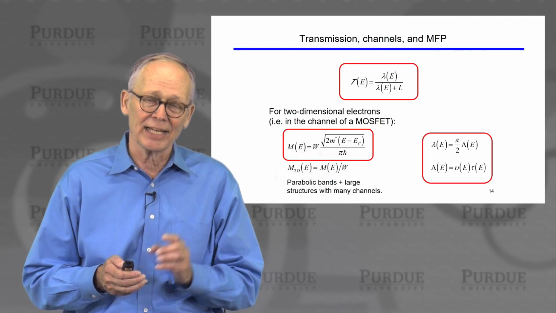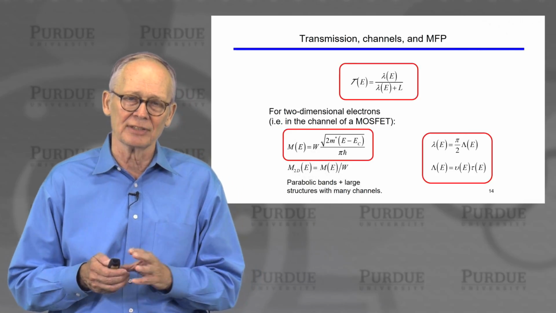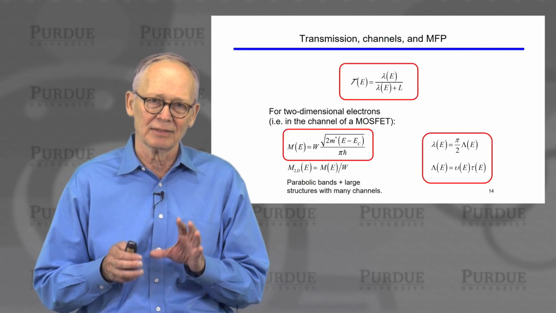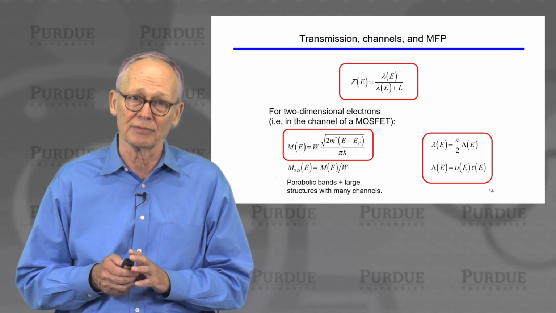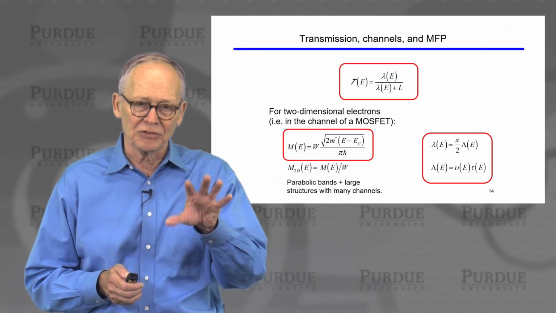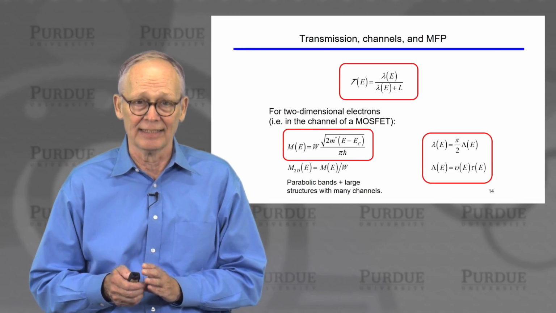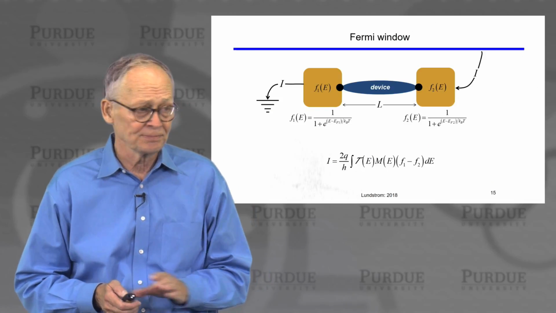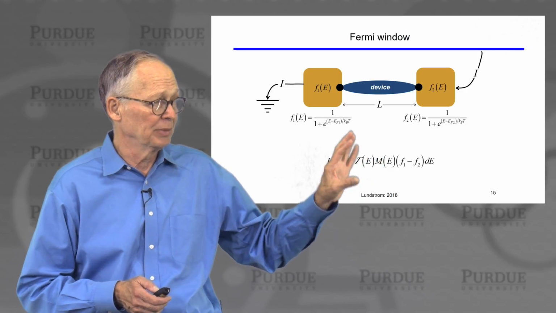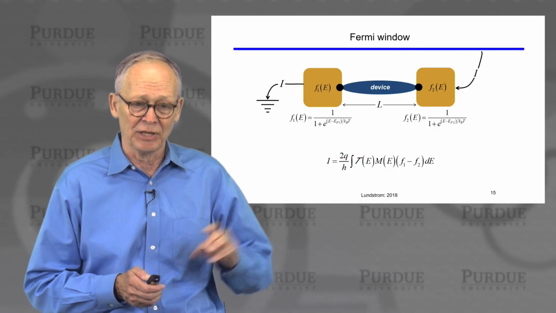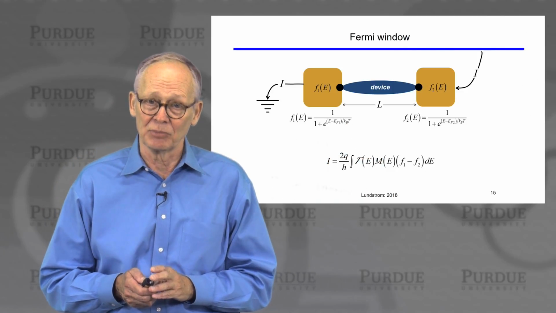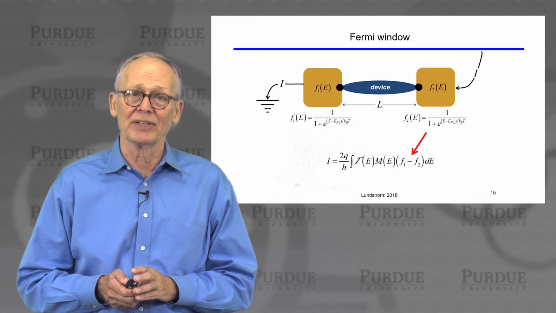It's the backscattering events that reverse the direction of the electrons that really cause the reductions of current flow due to scattering. All right, so these are some of the key parameters inside the Landauer approach to current flow. So we have an understanding a little bit of fundamental constants, transmission, number of channels,